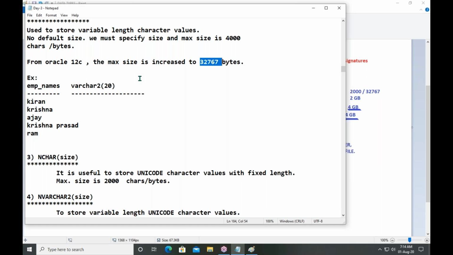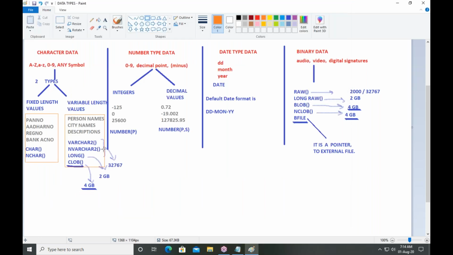So what is varchar2? To store variable character length data. And similarly, you have fixed length values. What is a fixed length character value? Fixed length character value means PAN card number, Aadhaar number, vehicle registration number.